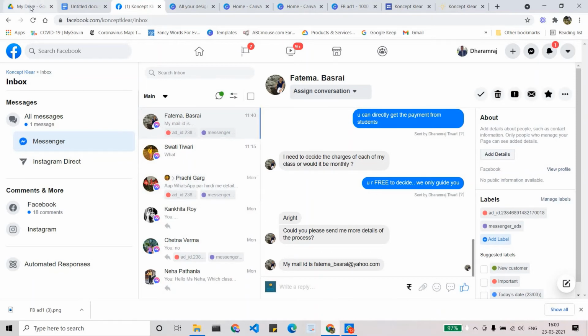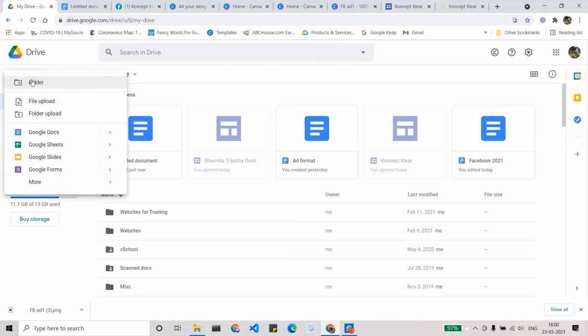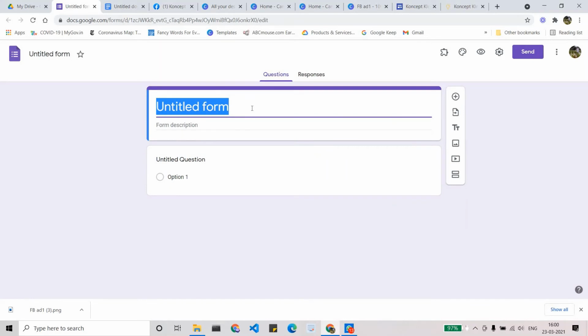Now, how to create the Google form, that also I had shown before. I think it's quite easy. So you have to go here in Google Drive, and then under Forms you can create the form to collect the details. Suppose if you want to collect the student's name and mobile number, you can create the form like this, and then define the question.